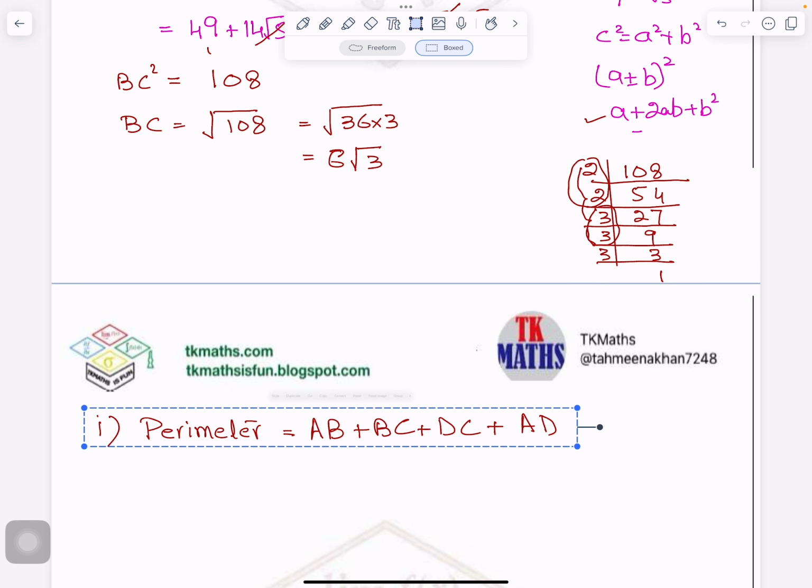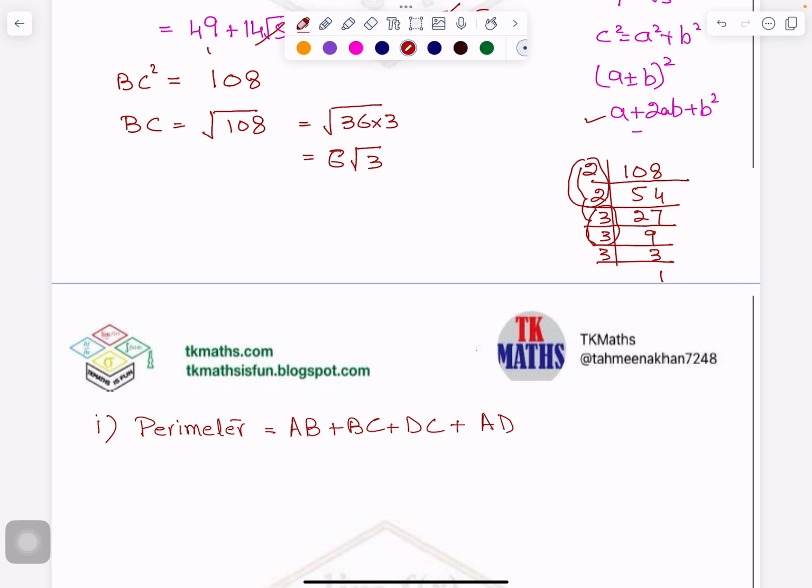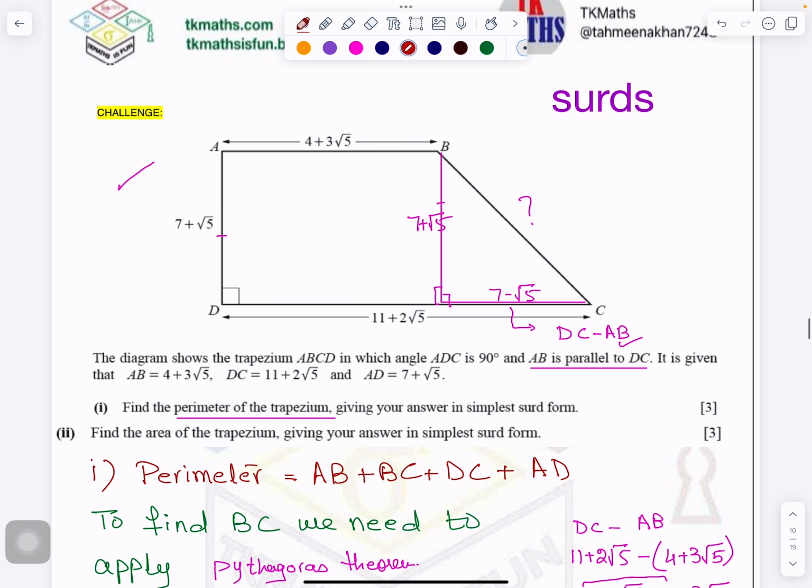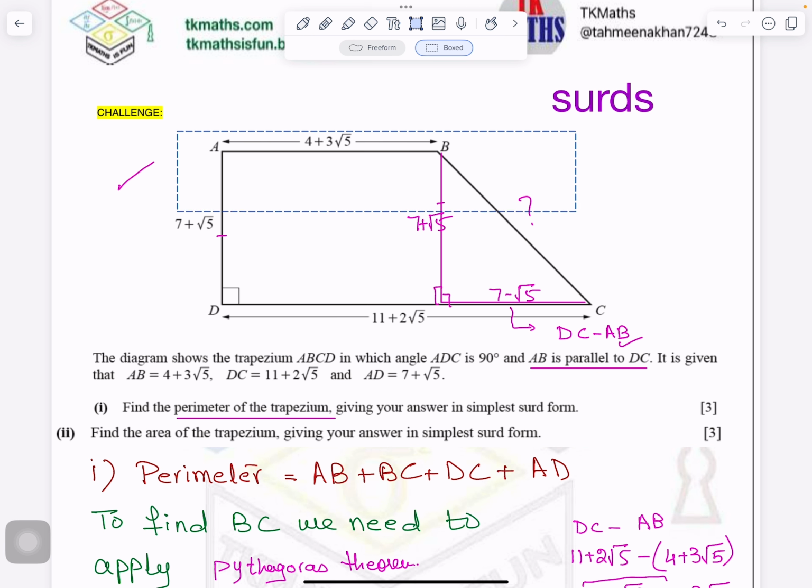So I will write down the lengths of each side. So what is AB in the diagram? Let's get this diagram also here so that we don't need to